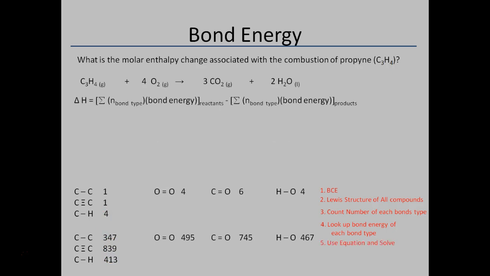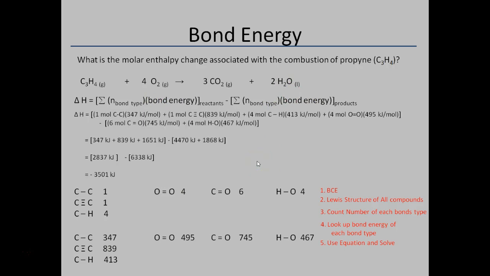So now I can write out my equation, just like we always do. The number of each bond type times the bond energy of each of them in my reactants minus my products, because this is the energy required to break all of the bonds, and this is the energy that's formed. So now I can substitute in my values,